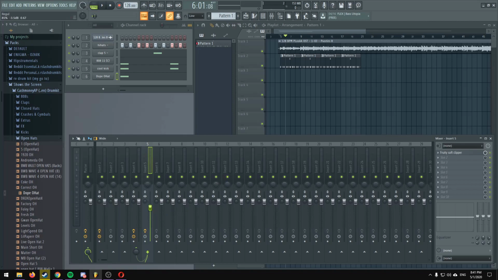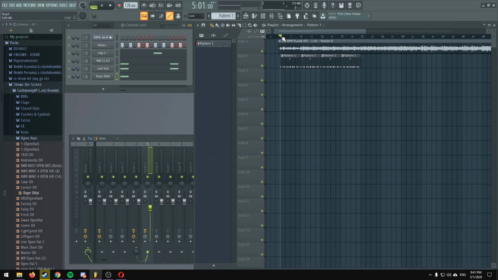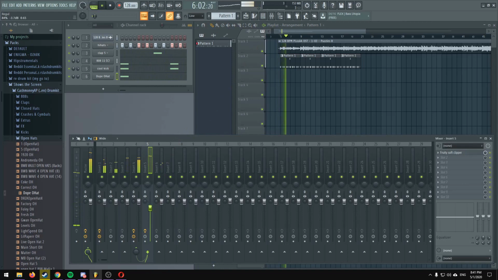I prefer to turn down this because I feel like it reduces the punchiness if you turn down the effect knob, which it does because you're basically just turning down the effect a bit, you know. But we're gonna just mess with that while looking at these levels. Make sure everything's kind of similar